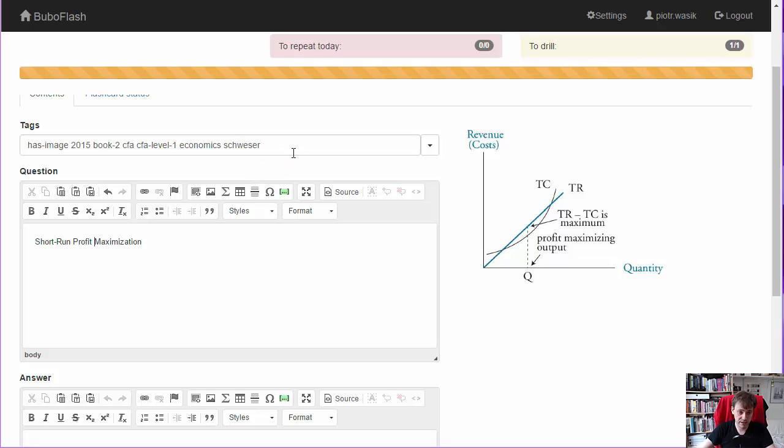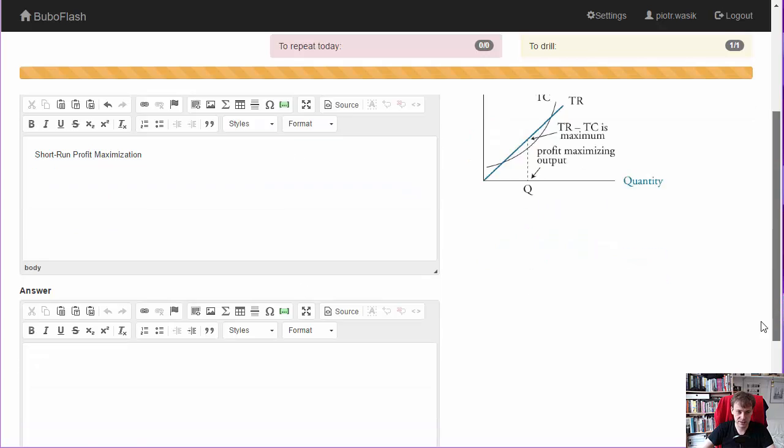In question, mind that the flashcard inherited tags from the book, and automatically it has a tag has image, which allows us to search for flashcards with images. So we save it,